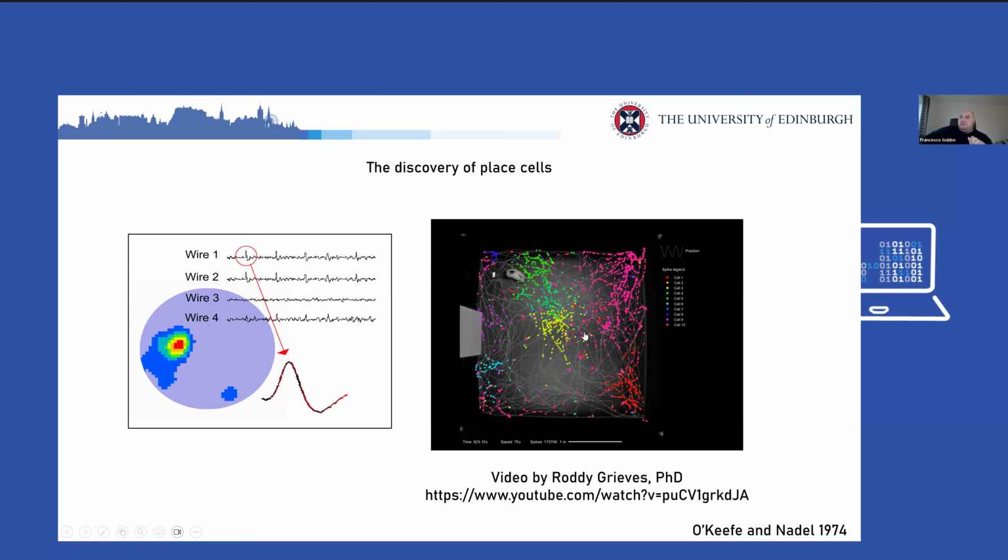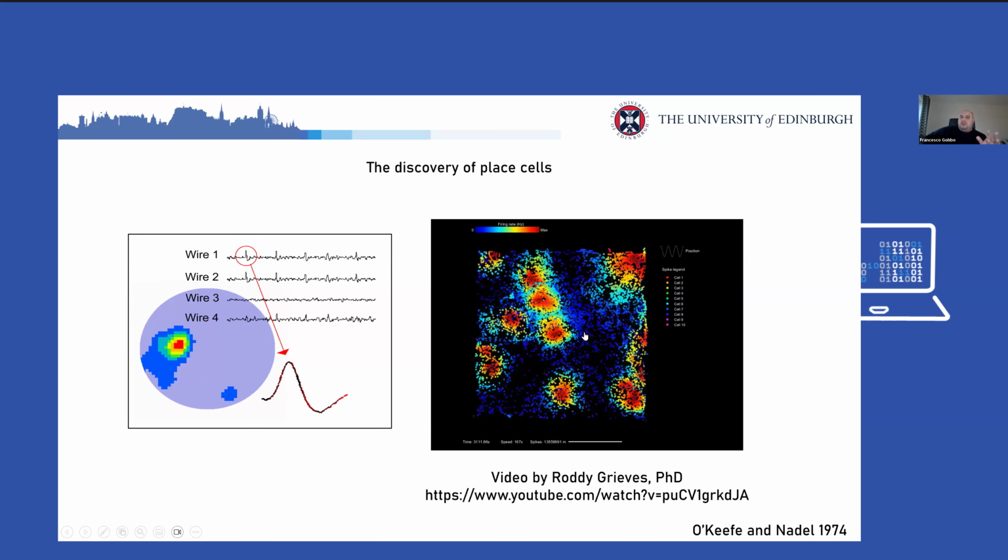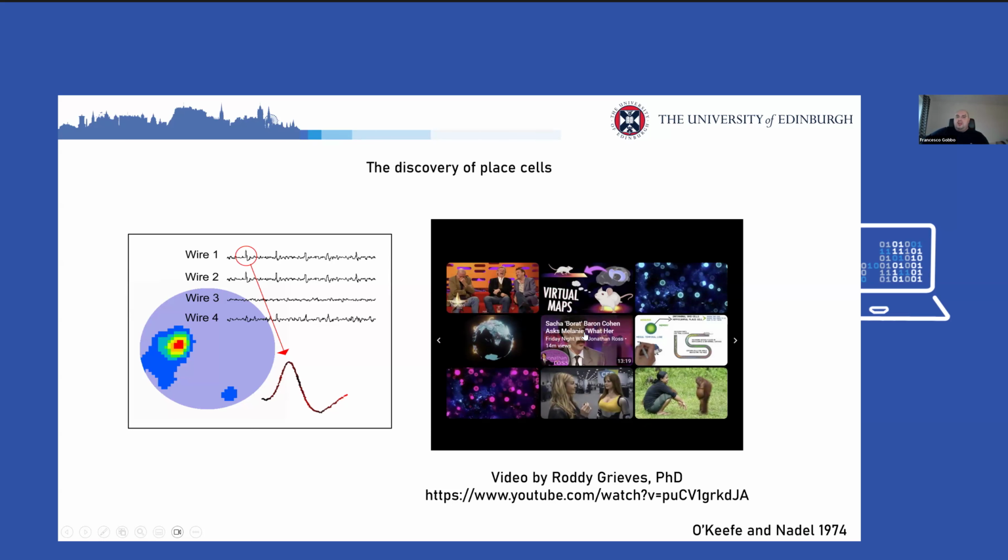So researchers over the years and decades have found the supposed neural correlates of space representation in the brain. As Tommaso was showing you, this is the recording of place cells. As animal and also human evidence have shown, in the hippocampus we have cells responding to the position of the subject, and therefore providing a so-called cognitive map, as John O'Keefe described it, representing the position in space.